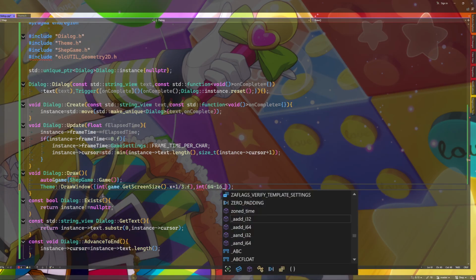The Y position will be, I don't know, let's say 80 pixels from the bottom. The reason why I use 80 is because in my head I'm thinking, okay, maybe 64 minus 16.